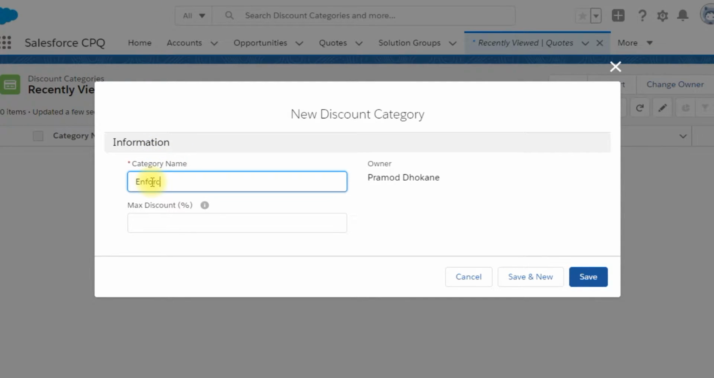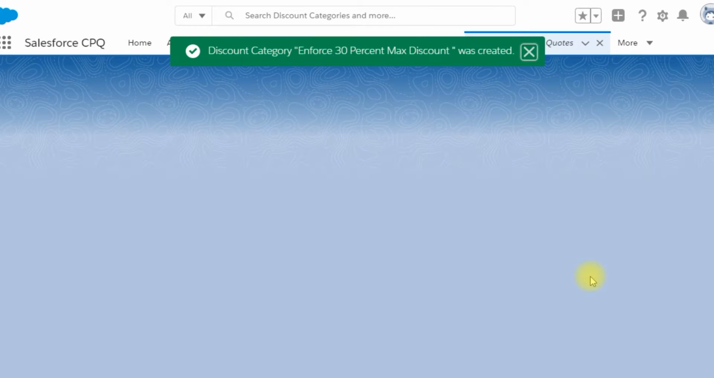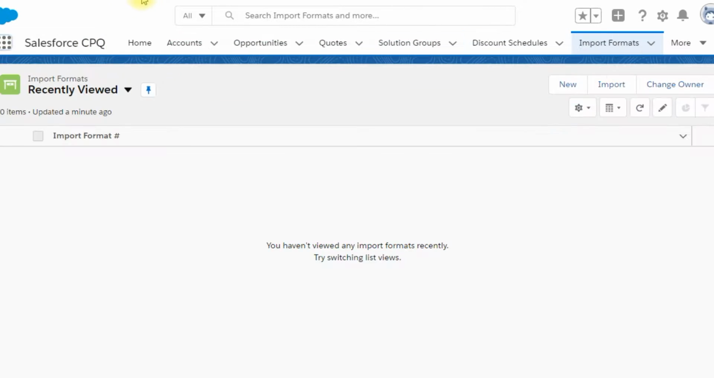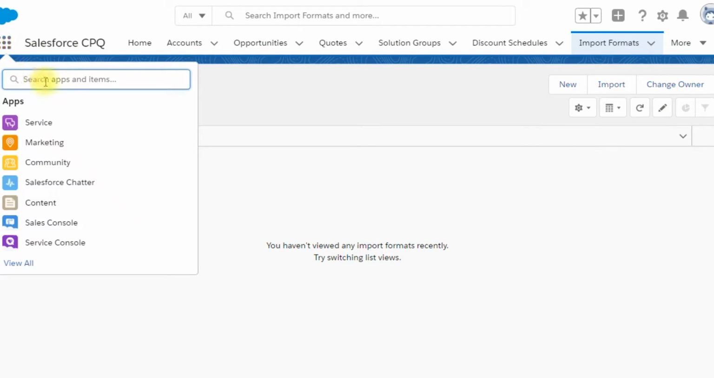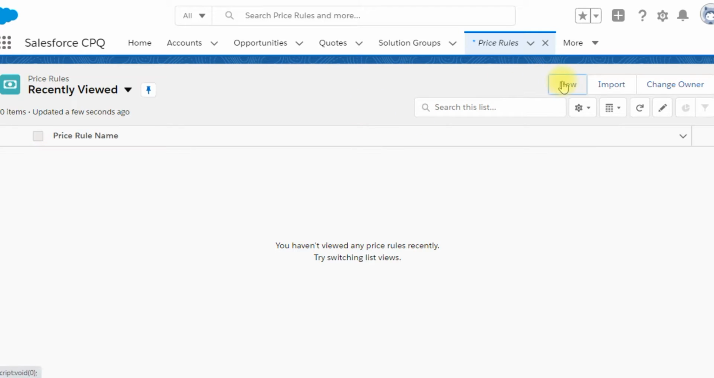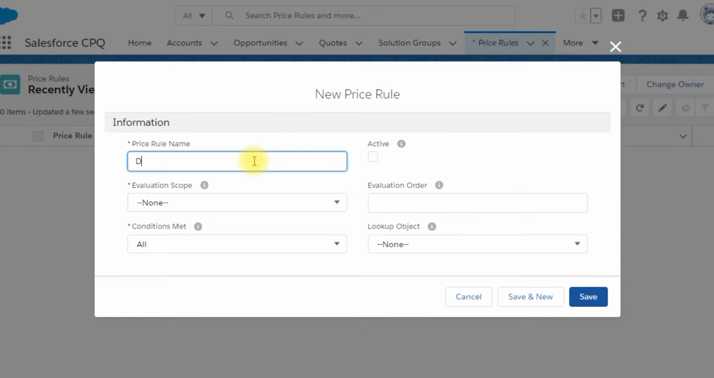So here we have very limited fields, but if you have some additional requirement, you are free to create additional fields. But right now our focus is just to grab the max discount percent from this record. So here I have created a record with 30% value. Now the next job will be to set up the price rule, which will take that value during product configuration on the quote line,